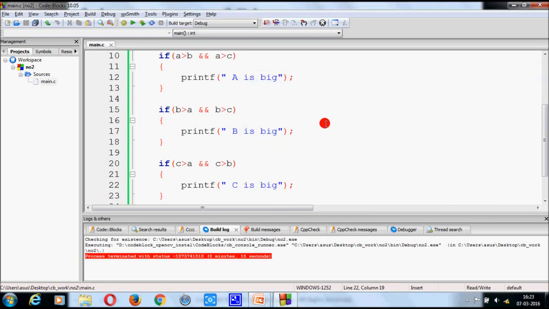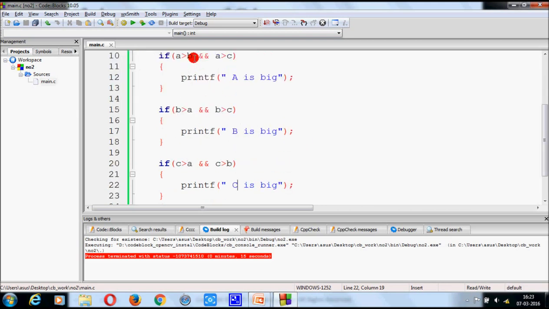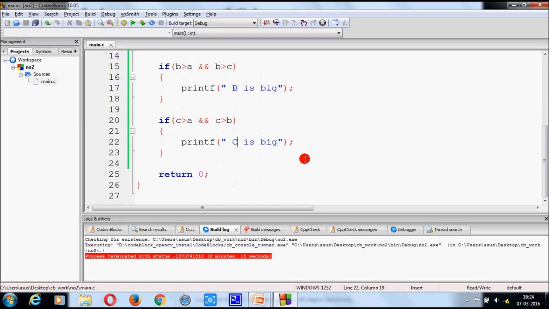our program is correct. At first the cursor will directly come here and check both conditions. If both conditions are true, then it will get this output. If any one of the conditions is false, then the cursor comes here and checks these both conditions. If these both conditions become true, you will get this output. If any one of the conditions is false, then the cursor will directly come here. Now the cursor will check these two conditions. If these two conditions become true, then the cursor will come here. And if any one of the conditions is false, then you will not get any output.